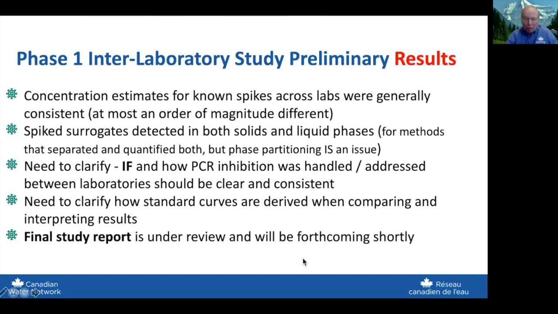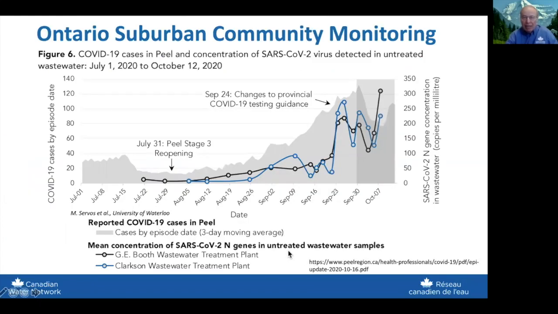The final study report is under review as we speak, and that report will be forthcoming shortly. So we encourage you to watch the Canadian Water Network website. I promised to show some preliminary results from what's happening in Canada. This is for the region of Peel. These results are courtesy of Mark Servos at the University of Waterloo, who has been doing the analyses for Peel region, and they've included these results in their